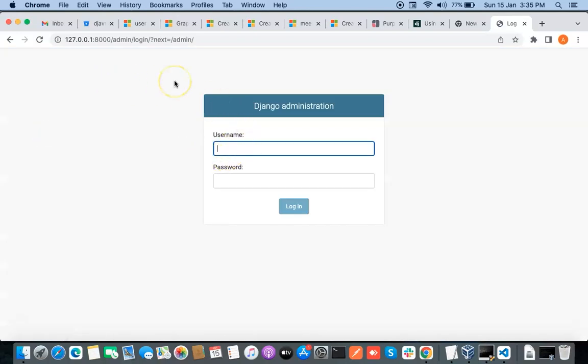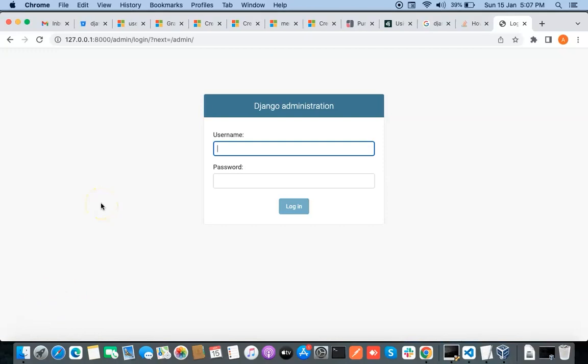What it is showing in this window, you can see that after we have logged out the user, we have been redirected to this page, which is actually the Django admin login page,